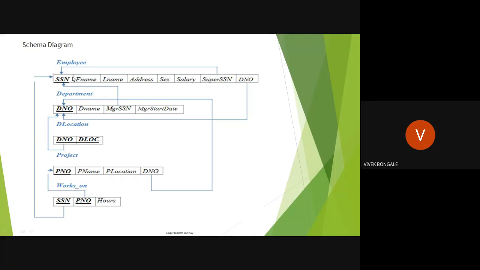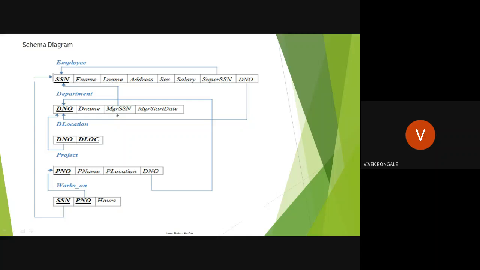Next, in the employee table, the last name, right? Who is the manager? First I need to find out who the manager is and what the name of that manager is. That information I will get in the employee table. How will I get it? With the SSN number. In order to compare whether this Scott is a manager or not, there is only one way, that is SSN. This is the comparison attribute.